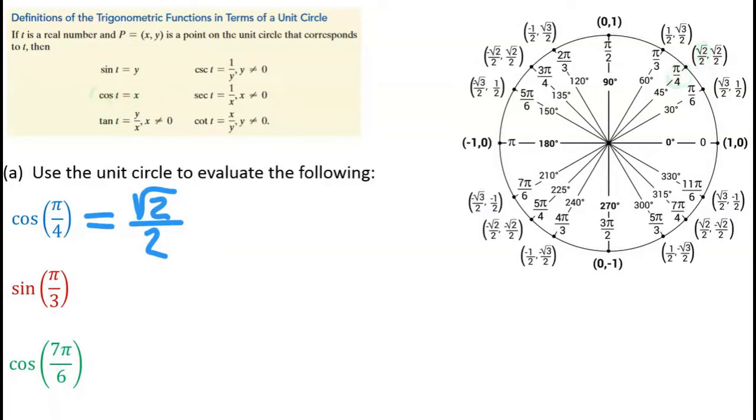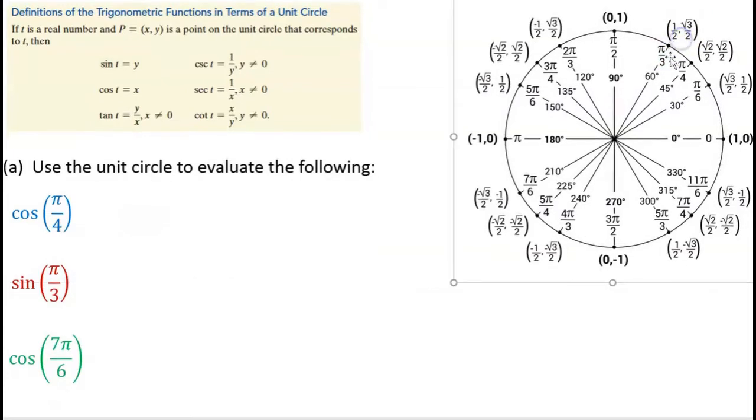This time I'm going to the angle pi over 3. Okay, so pi over 3, where is pi over 3? Here's pi over 3, right here, right? Now, sine on the unit circle, if I go look at my definitions, sine is a y value on the unit circle. So at pi over 3, I'm supposed to put the y value, which is,